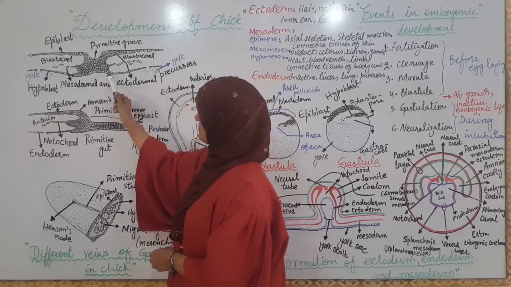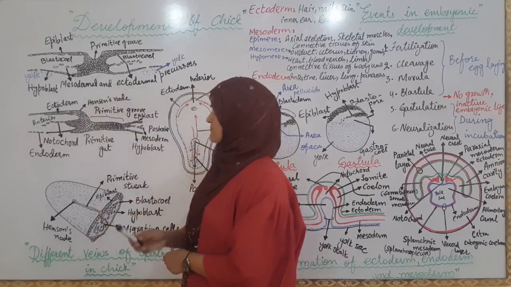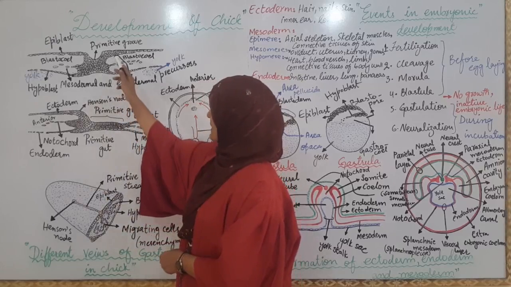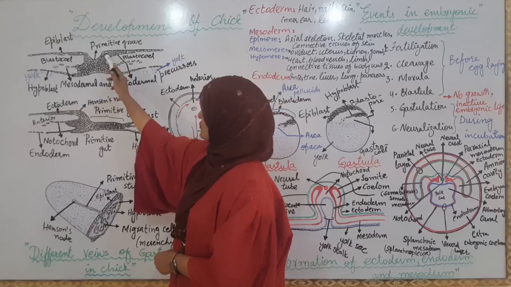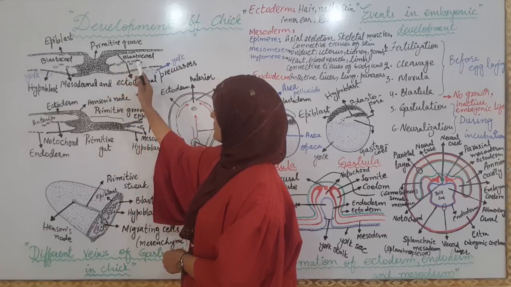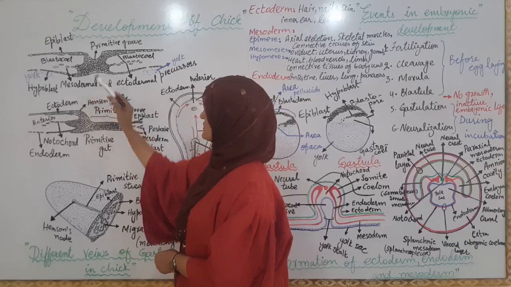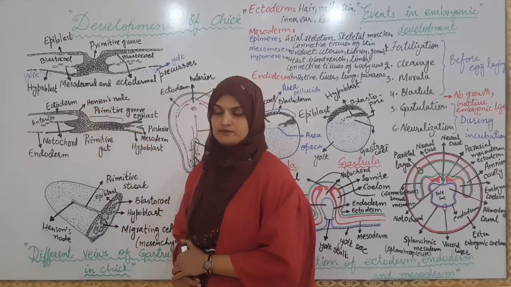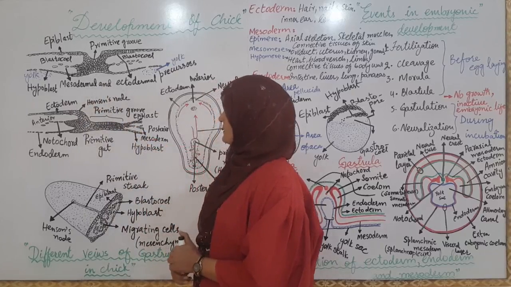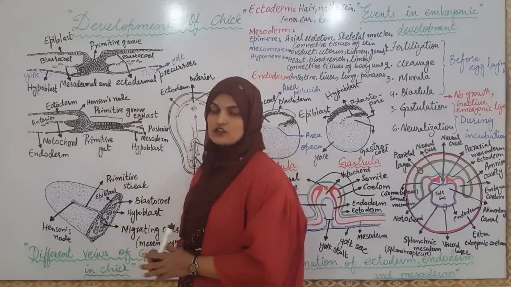The hypoblast forms some portion of the yolk cell, while the remaining epiblast cells through the primitive streak move laterally into the blastocoel, in the result of which mesoderm is formed. This is the frontal view of gastrulation,